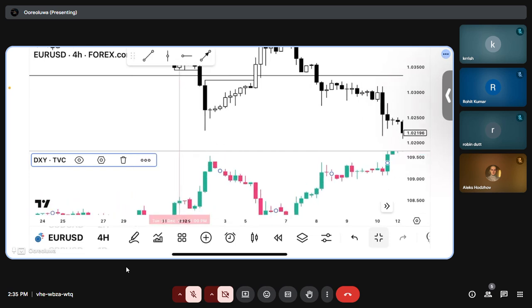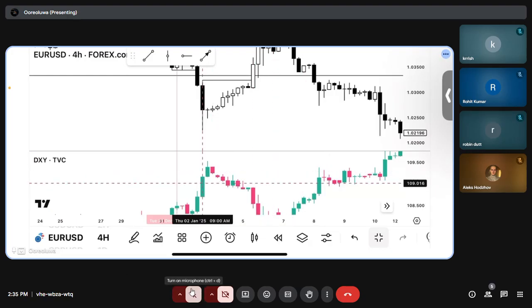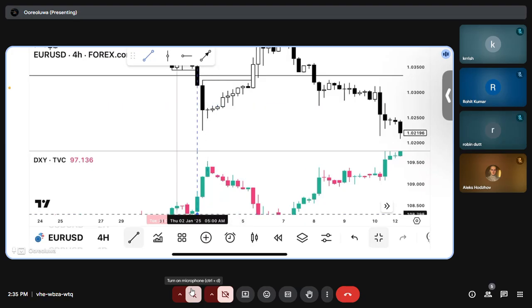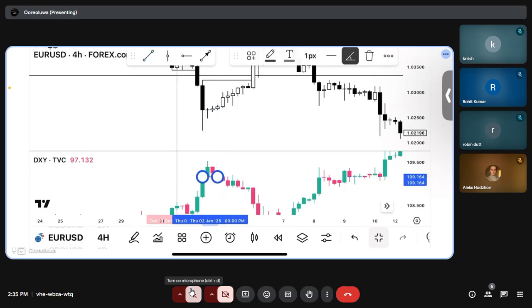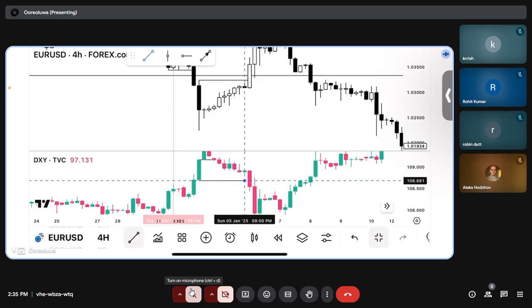So on DXY, there is SMT. Okay, so we swept this high, right? Close above this high, and also close below it around here. So as long as the high is taken or the low is taken, okay. But it's not a high probable one